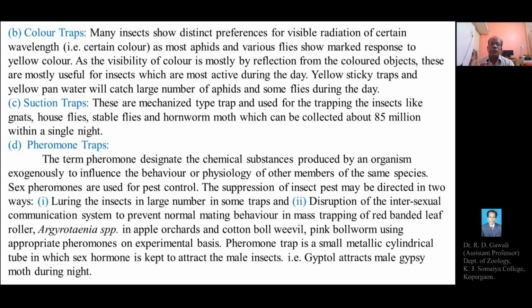So pheromone traps, what is a pheromone trap actually? It is a small metallic cylindrical tube containing a particular sex hormone or chemical substance, which is put into the pheromone trap, and which will attract the male insects